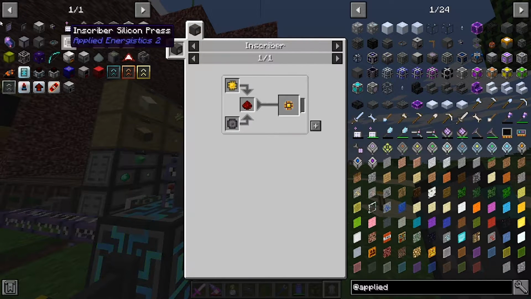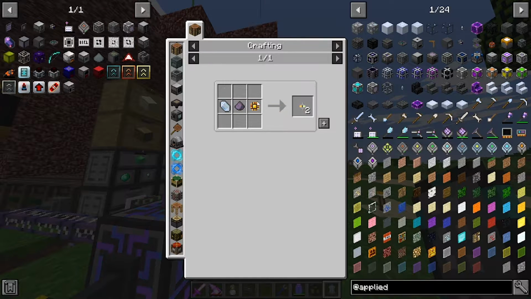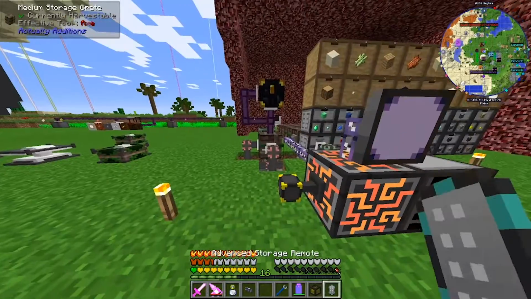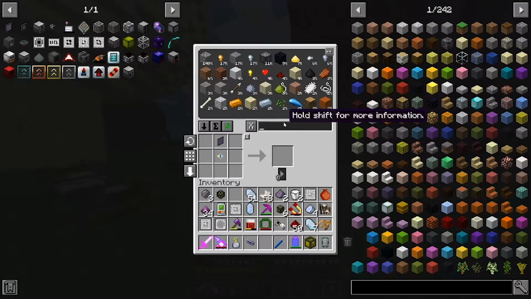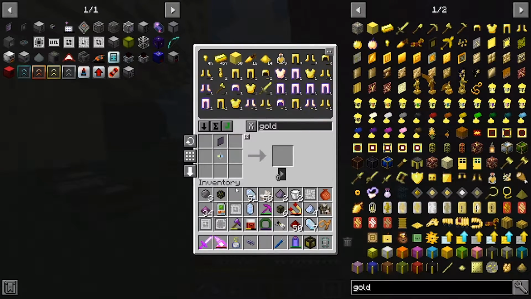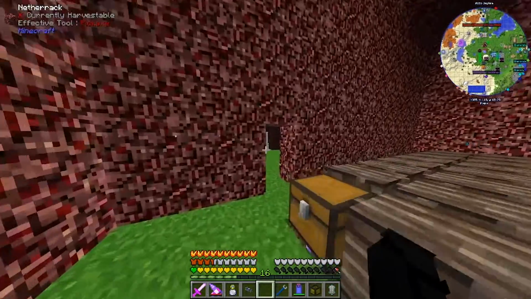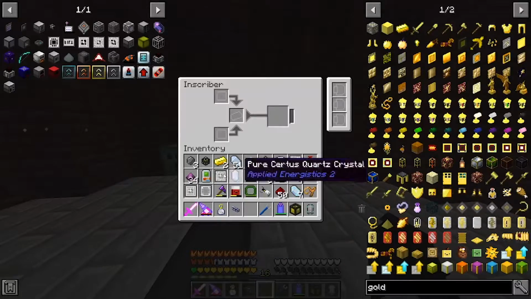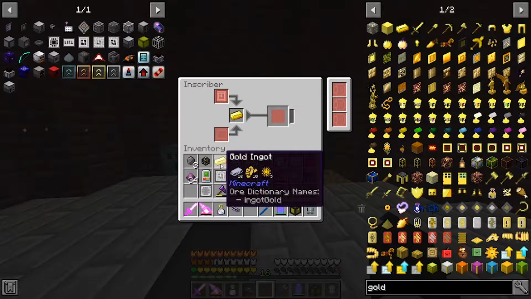We need another logic processor though. We need two logic processors. Fluix Crystal and Certus Quartz. So that's doable. So that's just, we need 2 gold. And yeah, we've got all the stuff to make it. Alright, this should be quick and easy. Head over to our processor. Our inscriber, I mean. So put in our logic press. Try to make 2 of